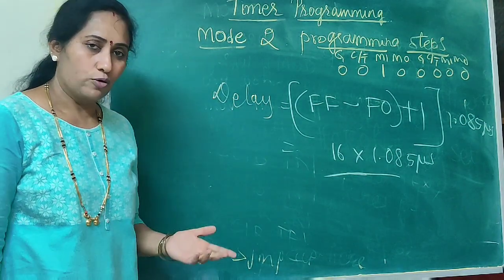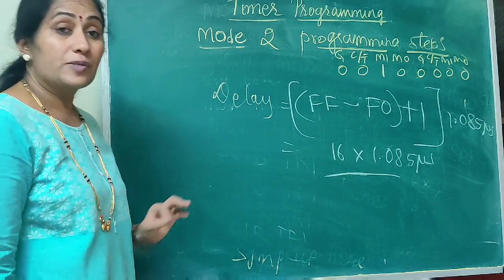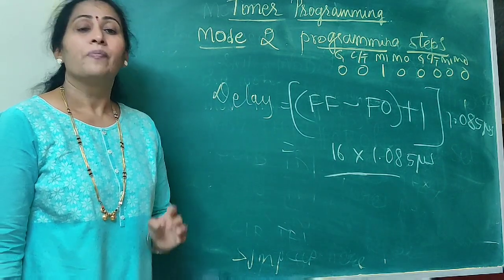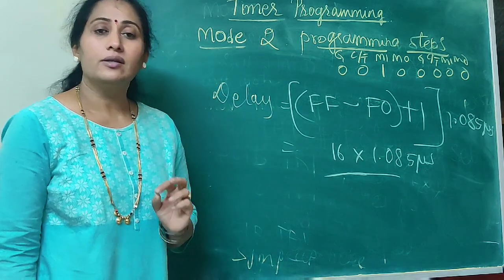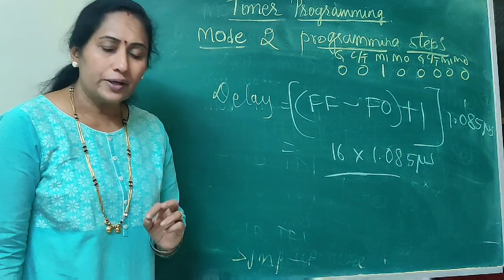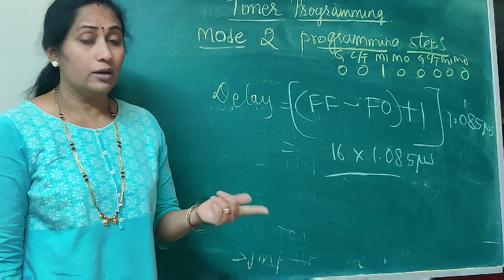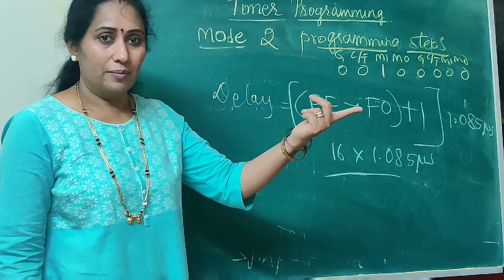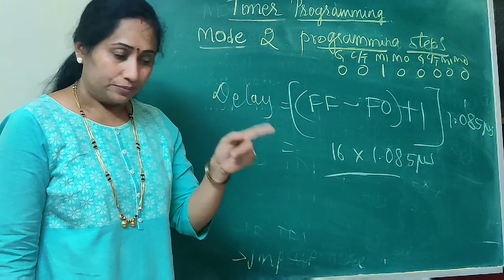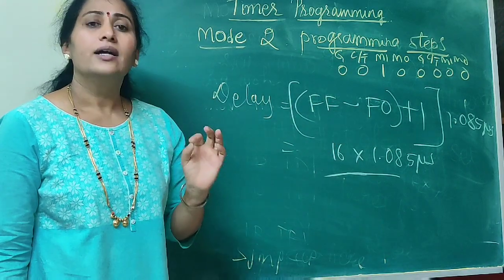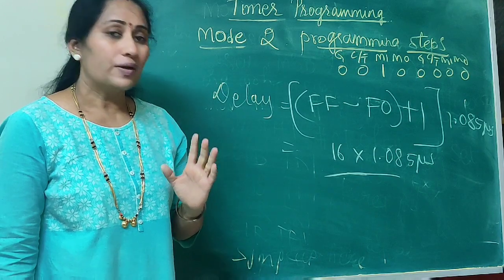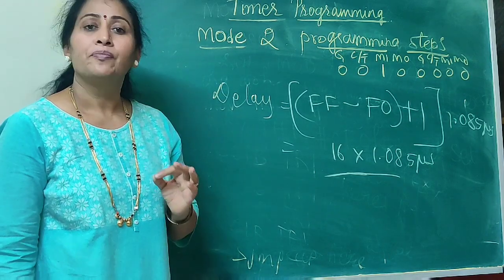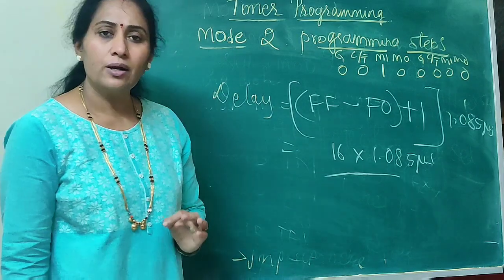So the speciality of the mode 2 programming is that it has an auto reloading facility, and you have to load the initial value in the TH. If you stop the timer, then go back to start the timer. If you don't stop the timer, then don't go to start the timer. Instead, go again to watch the timer flag till it gets set. But one thing you should keep in mind: you have to clear the flag once it gets set in the delay generation programming.